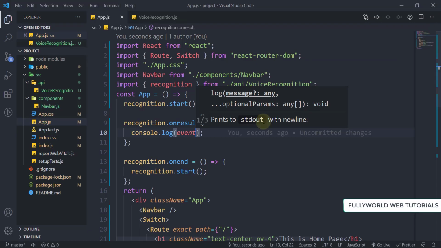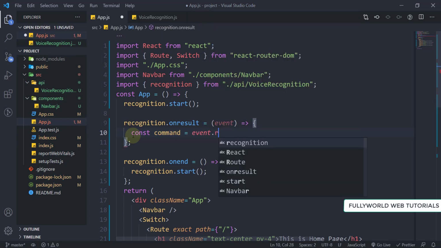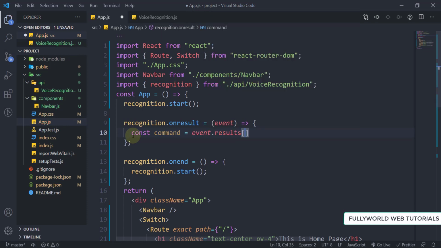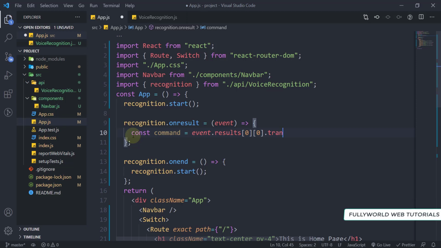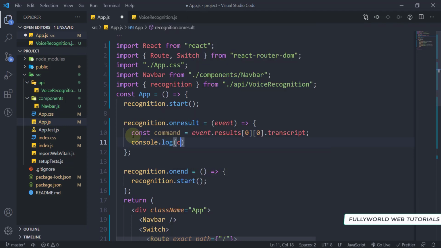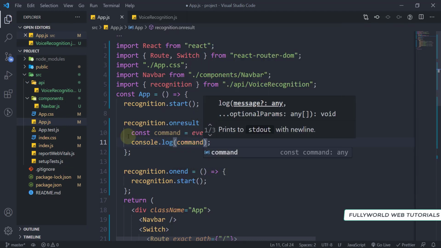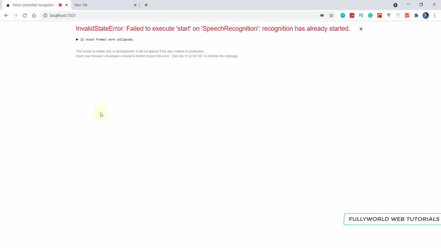So let's see that. Here const command will equal event.results, its array, and there will be our transcript. Let's console this command here, save it, and let's see here.